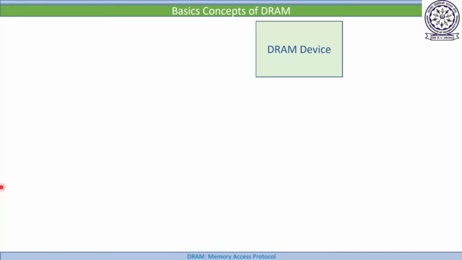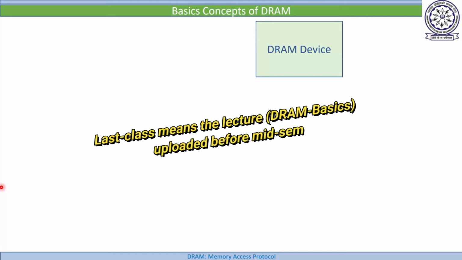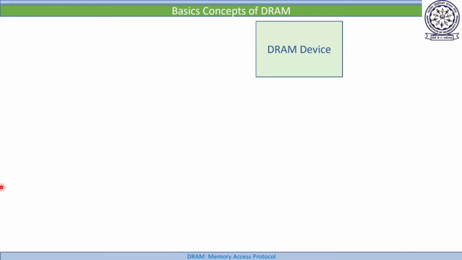Assume that this is a main memory, with the concepts I discussed in the last class: a main memory has DIMMs, ranks, channels, and many banks. Assume that everything is inside this device. If you remember, in my last class I said that in a DRAM bank, if we want to read data, first of all we have to activate a row. If we activate a row, then all the content of that row will be available in the row buffer, and then we can read a particular column from it.